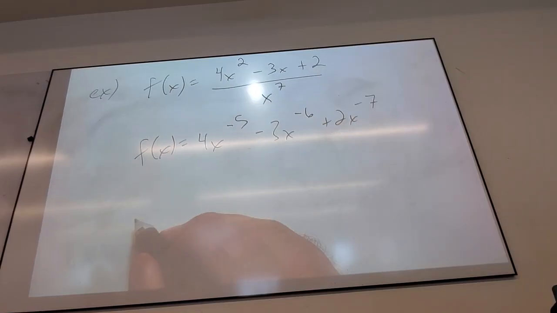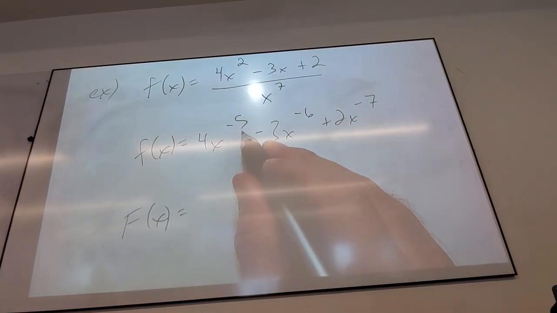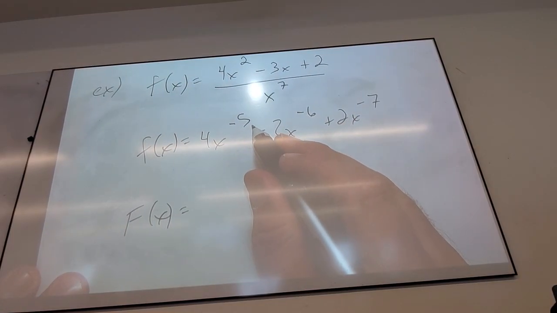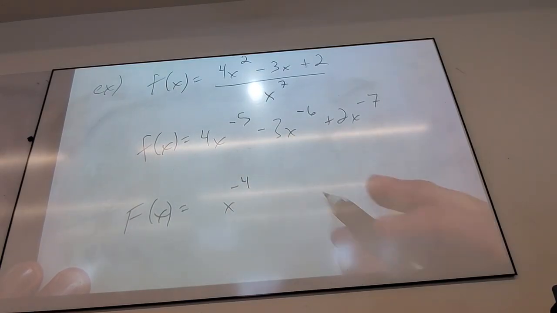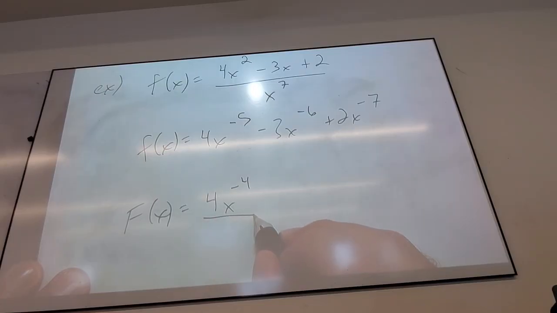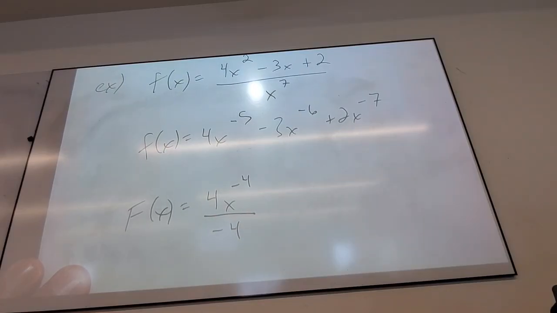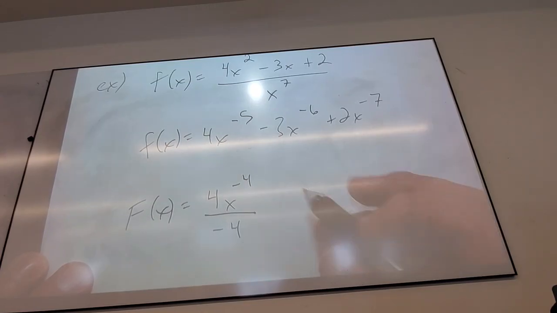I want this power to do what? When I take the antiderivative, I want this power to go up plus 1. So that becomes x to the -4. Now what's really nice is, let me write all this down. So what's it divided by? -4. Did some of you see there was a shortcut there? Because I had exactly what I needed, yes? But it's okay, you can just apply the rule. Is everybody with me? That's the rule, yes? Find a new power, divide by it, yes? That is the power rule for antiderivatives.